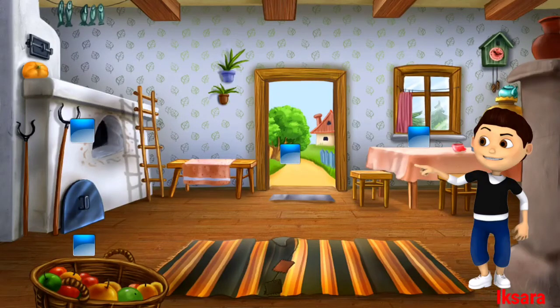We are going to write N in this box. Whereas the fireplace is far away from Caleb because he cannot touch it. We will write F for far in this box here.